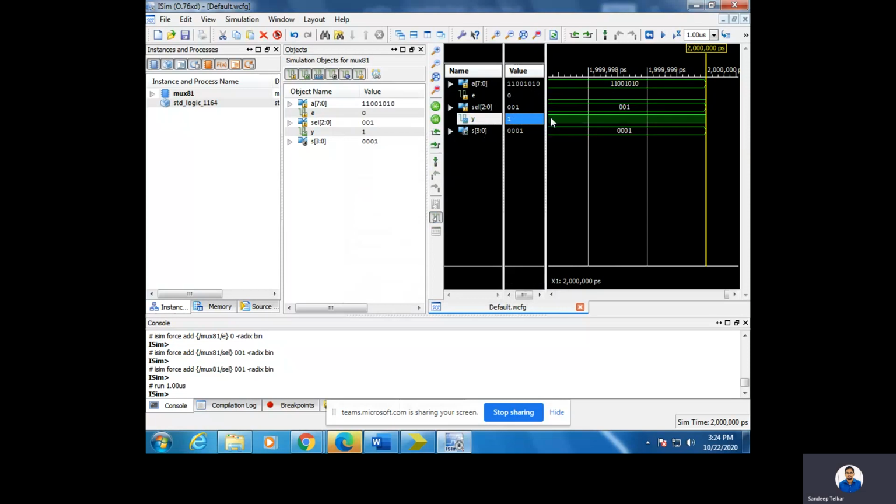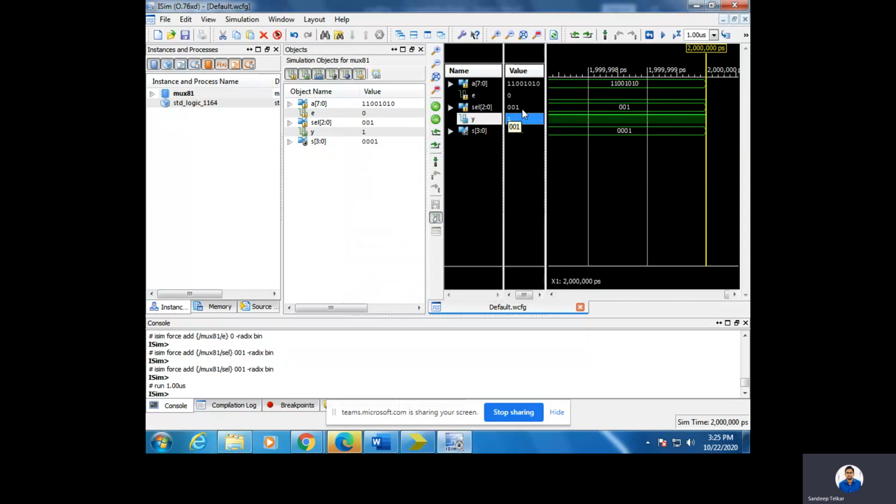So how will it be represented in terms of waveform? The 1 will be represented at high level, right? So that is why I got it as 1. Regarding the signal, that is the S variable, whatever select input value is given, 001 in this case, that corresponding value will be converted into a 4-bit representation.